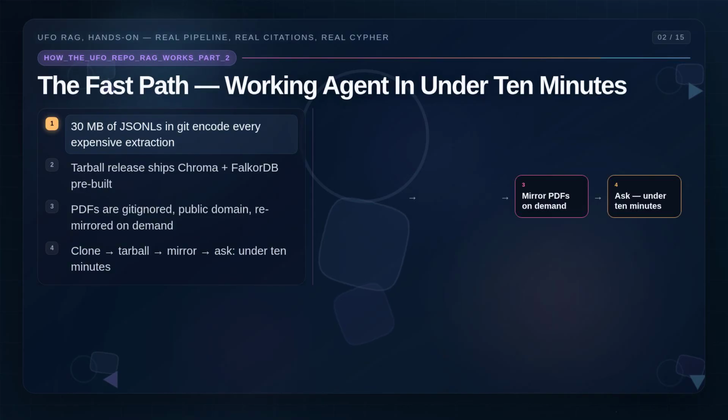the war.gov website. The pipeline JSONs, every OCR pass, and every entity extraction, and every community summary are about 30 megabytes total, and they live in the Git repository. That is the real value layer because it encodes every expensive language model call, so cloners do not pay for